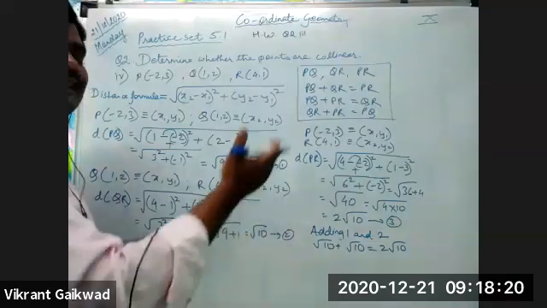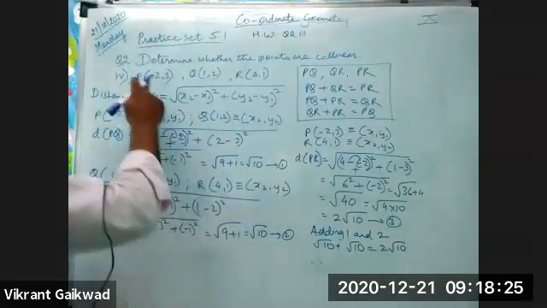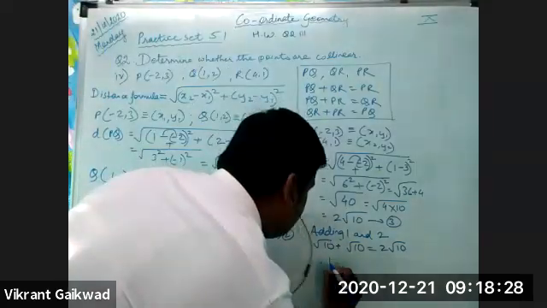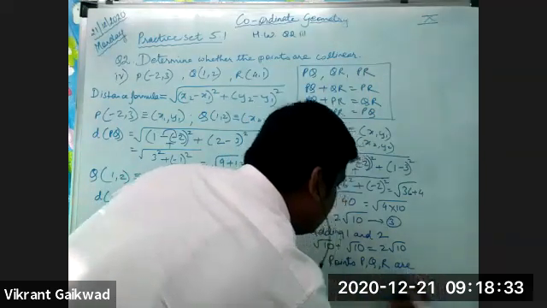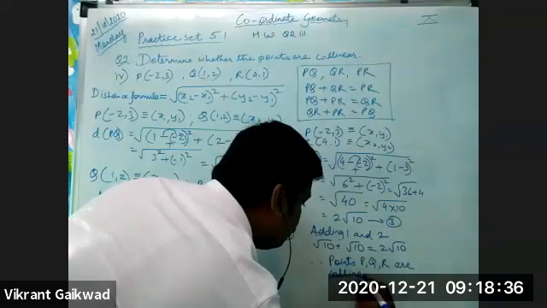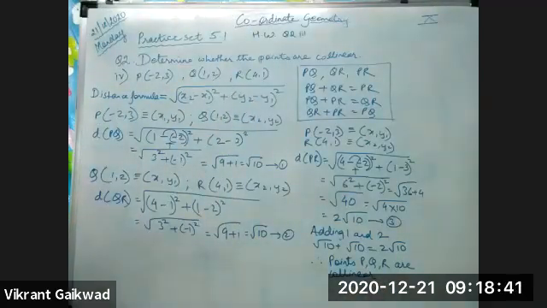So as your left hand side and right hand side both are equal, therefore points P, Q, R are co-linear. Hope everybody has understood this. You all can remove the screenshot of this and get the answer. How many of you have got this right before me? Remove the screenshot fast so that we'll move ahead.